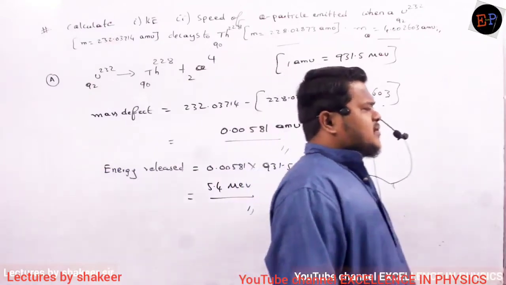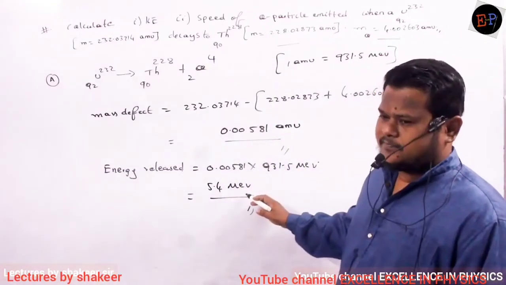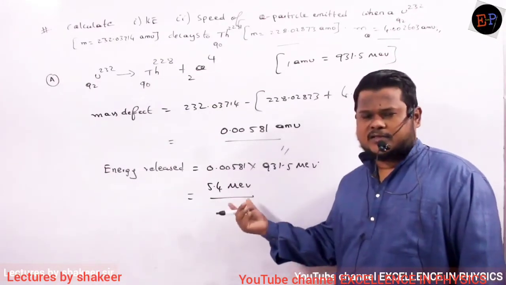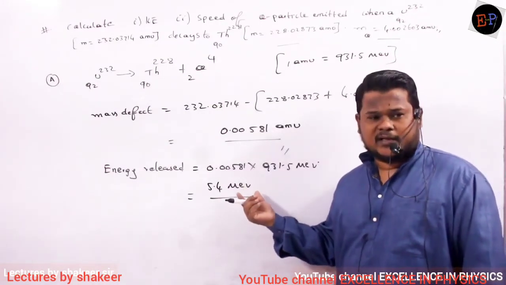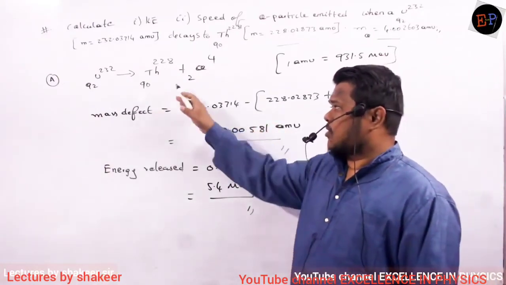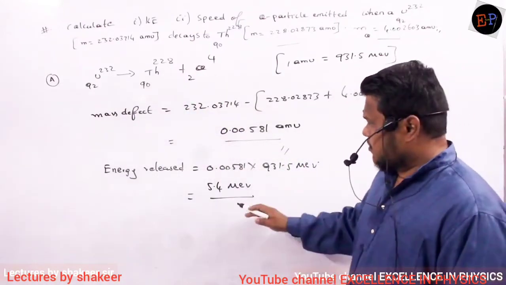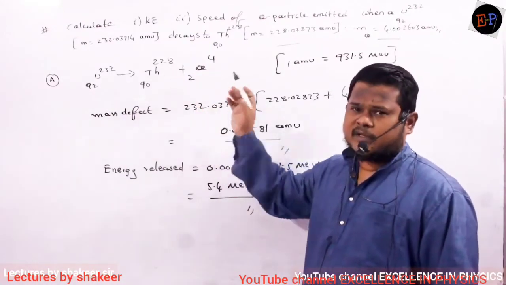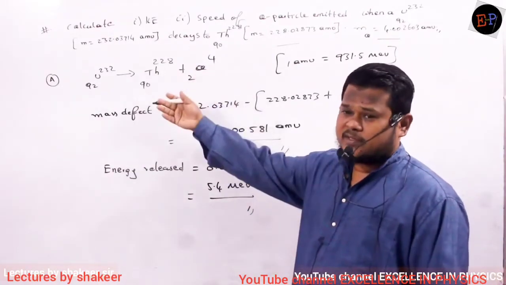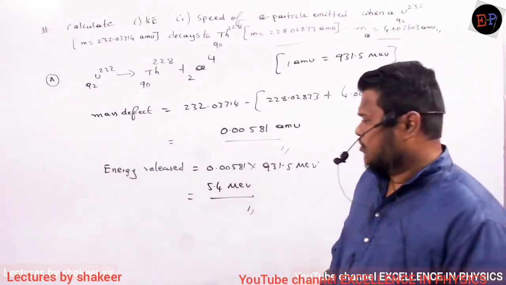Okay. Now out of this total energy, can I say that this will be the energy of the alpha particle? This is the total amount of energy released. Can I say this will be the energy obtained by the alpha particle? I cannot say, because there are two products. Thorium atom is also released, alpha particle is also released. So some of the energy will be taken by thorium and the remaining energy will be taken by helium also. Are you able to understand? So thorium also will get some kinetic energy. Similarly the alpha particle also will get some kinetic energy.